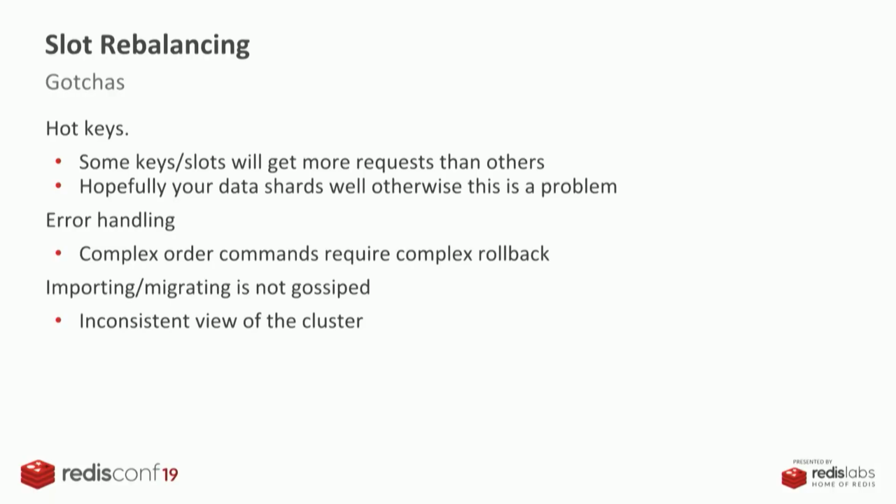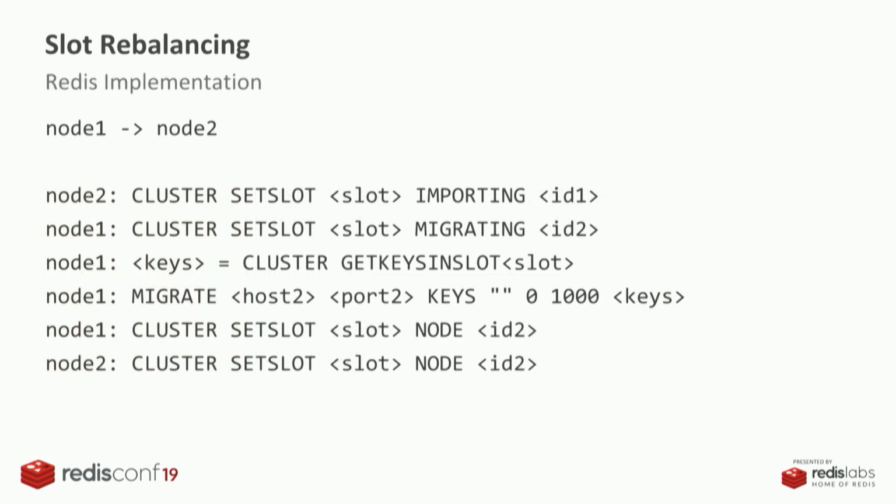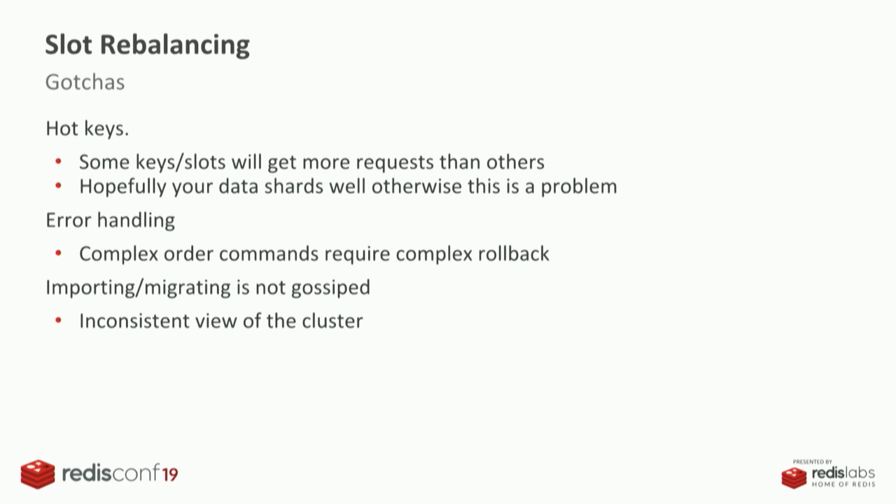And error handling. So I noticed all these commands. What happens if the node goes down or is overloaded while you're running these commands? We've had cases where we start migrating slots away when we want to shut off a node, and somebody shuts it off too early. And now we're in this state where we were still migrating a slot, but the other side no longer exists, so the source no longer exists. And the cluster's in this weird kind of bookkeeping state where it thinks it's still doing a migration. So you need to have some sort of rollback mechanism or some sort of recovery mechanism,